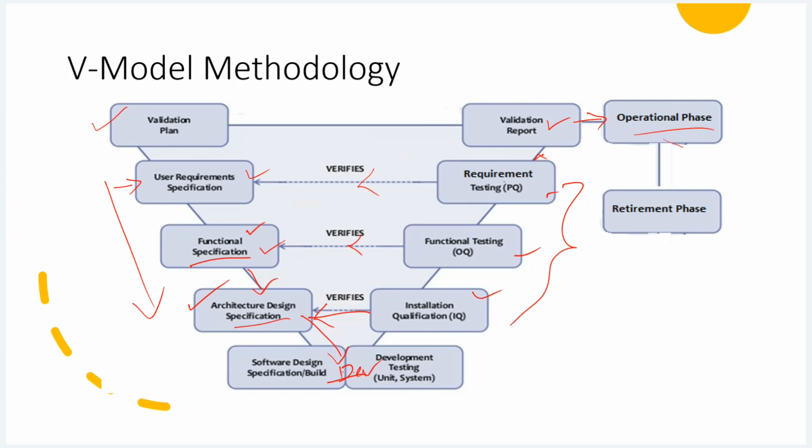Now people can use the software for 10 years, 15 years, 20 years, isn't it? After that, of course, new technology will arise. We are going to retire the software. So a retirement phase will be there. Retirement of a computer system is not so easy because it contains data, regulatory data actually. Those data, are you going to destroy them? Are you going to keep a backup only? Are you going to migrate from the old system to the new system? So data archival is also applicable. Data migration may be applicable.